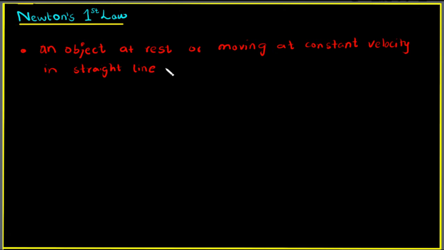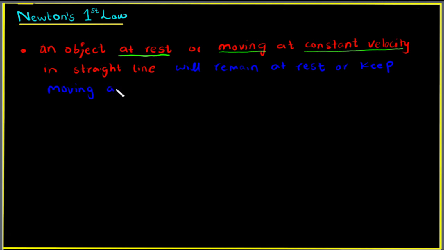So the first case is that an object is staying at rest or moving at constant velocity in a straight line, it will remain at rest, or it will keep moving at constant velocity in a straight line,